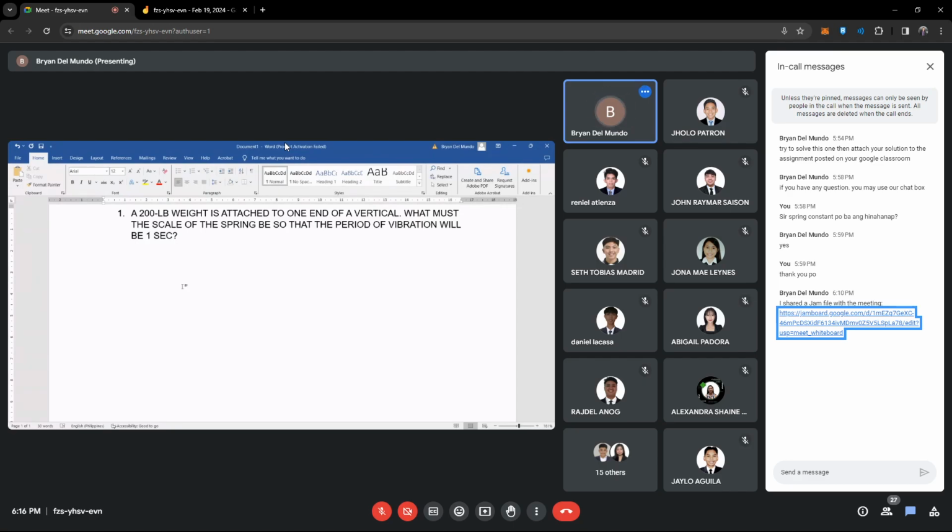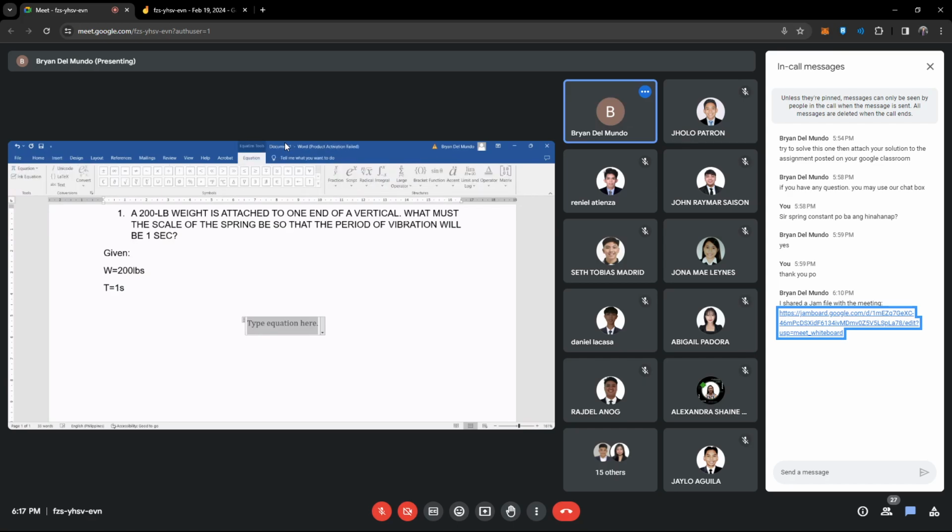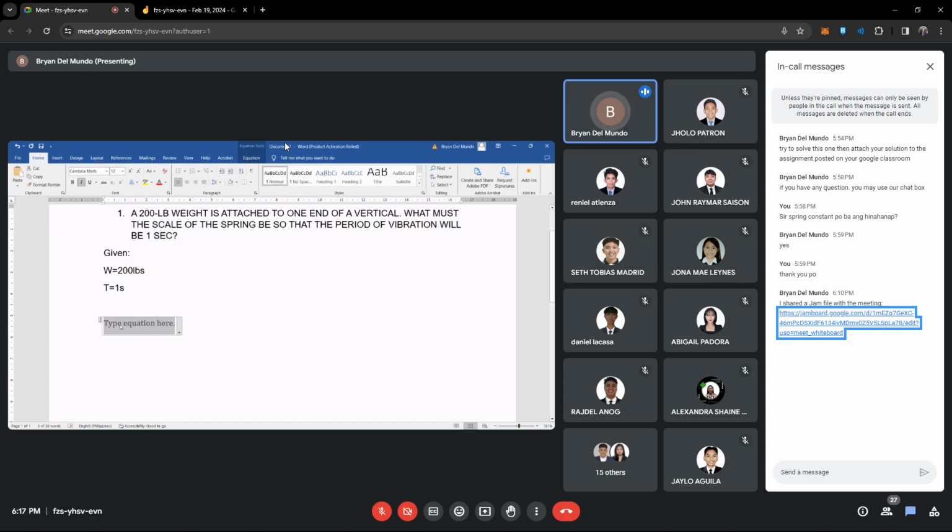So the first one would be, let's try to evaluate our givens. Given: we have here our weight equals 200 pounds. And then we have here a given of period, which is 1 second. So we can use our formula for period is equal to 2 pi